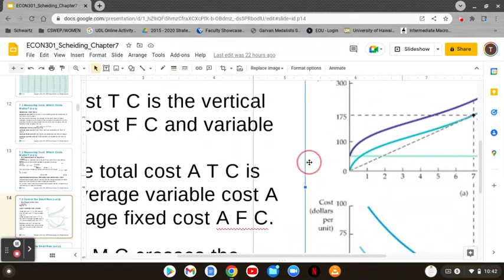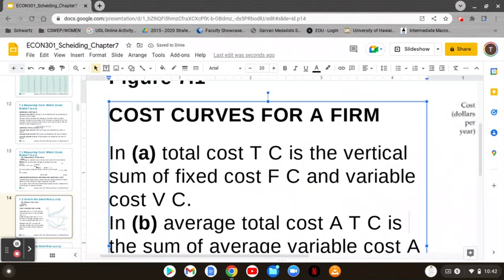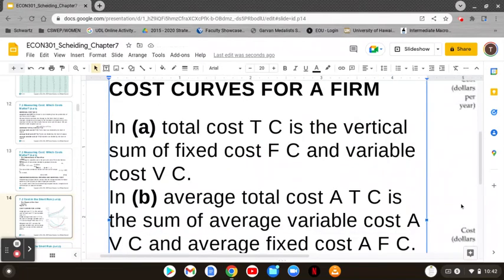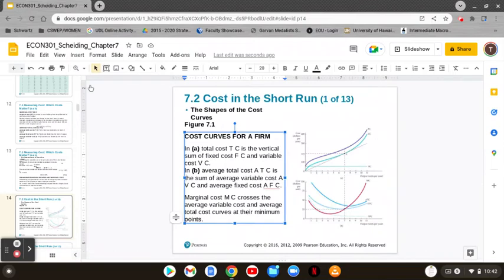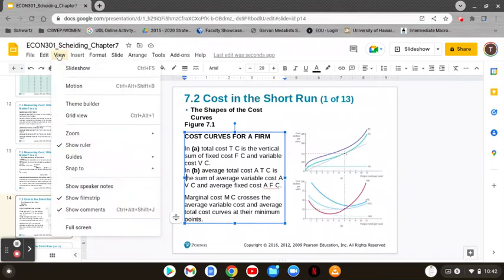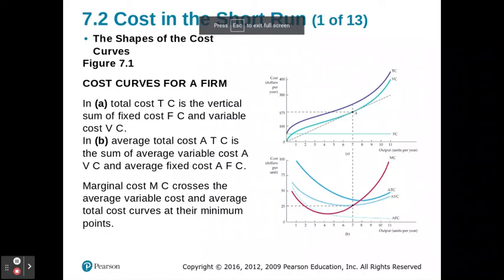Sorry, I'm not trying to move that. Sorry, I'm not going to try to do what I was doing. Let's just go back to this. Okay, so if you look at the top graph right here,